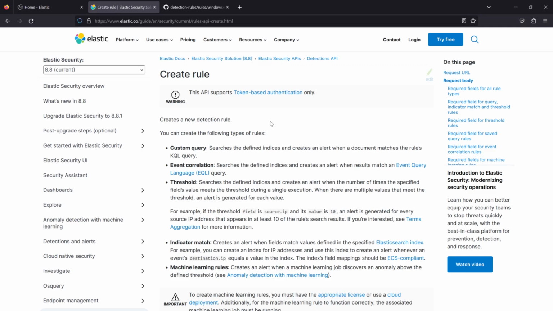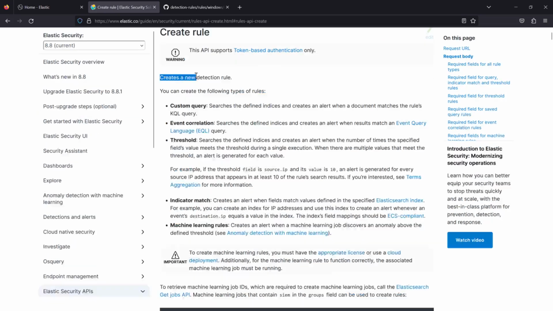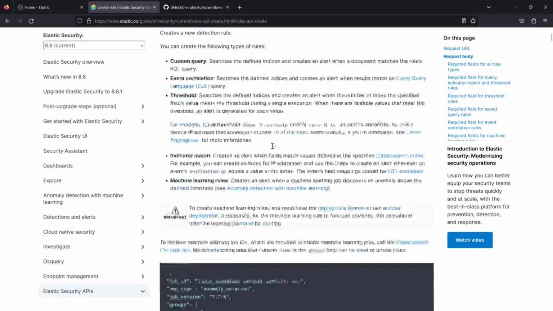Okay? And to dig into this more, first I want to look at their documentation for interacting with their API. And the API, we're not really going to touch in this section of the course. That will be a later section where we learn how to interact with it and push our alerts programmatically. But for now, we do need to reference it to check what fields are required for our documentation. So in the API, there's a section here for creating a rule. And scrolling down here,